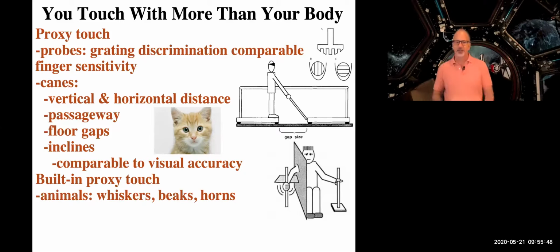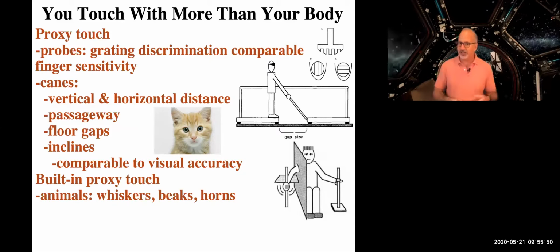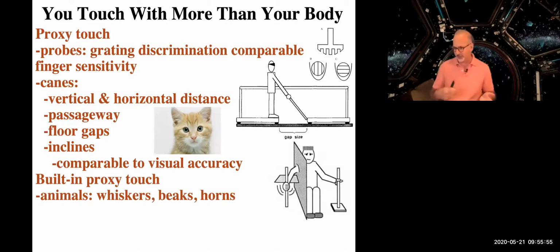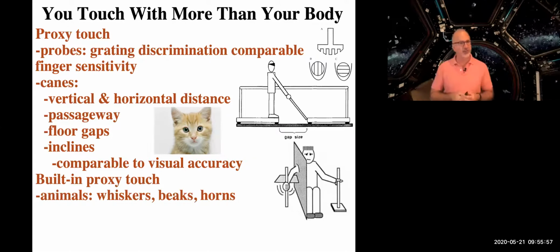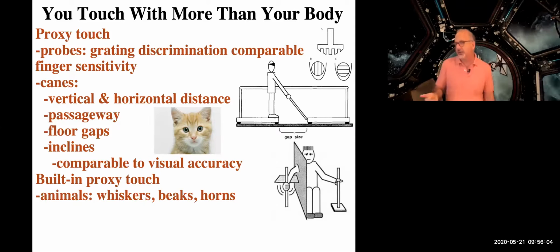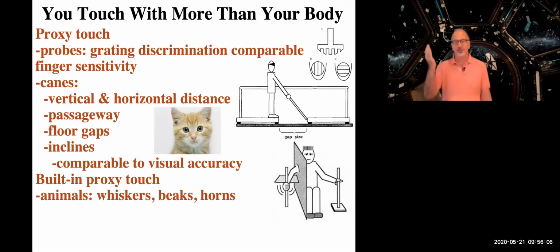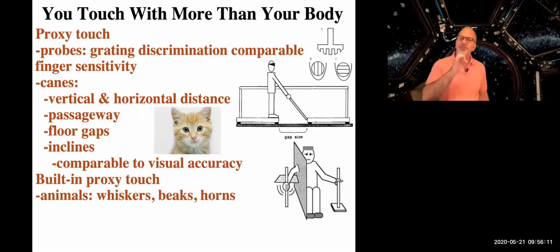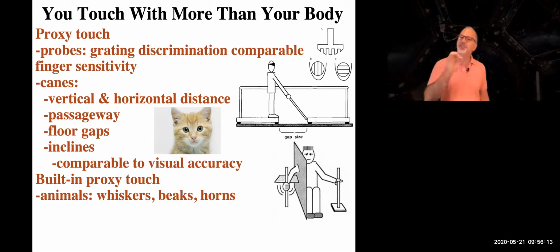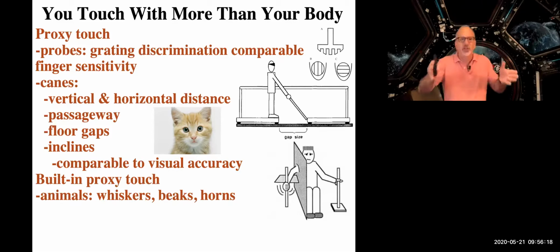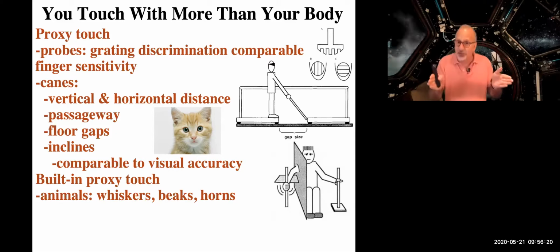So there you go. And that cute kitty cat has these wonderful whiskers, as do rats and other mammals, especially ones that hang out close to the ground. And you might know that whiskers, especially for rodents, are not just there to make them cute. Okay, rat whiskers are cute as anything, right? They are there for them to perceive space, especially the space of, say, an aperture, the space of a passageway.